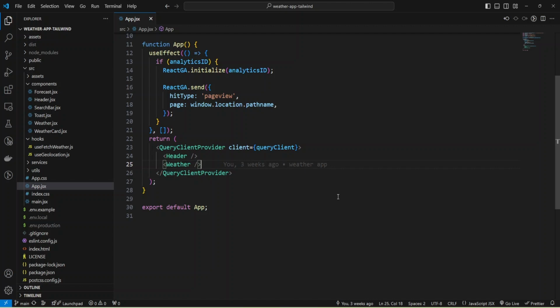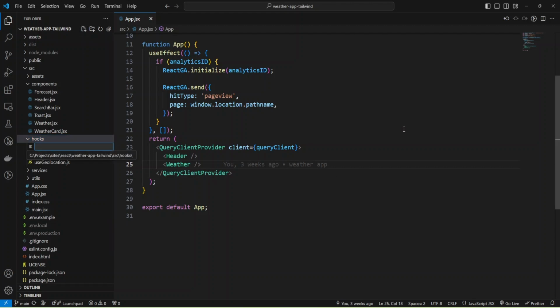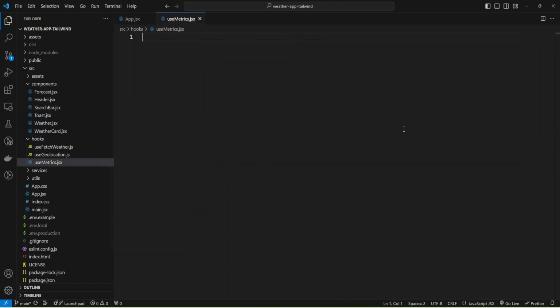I launched my Visual Studio Code and opened the Weather App project, and now I'm going to create a new file for using a context, and I'm going to add it inside the hooks folder. I'll create my own hook, and it will be useMetrics, and I will name it JSX because I'll use JSX inside it.